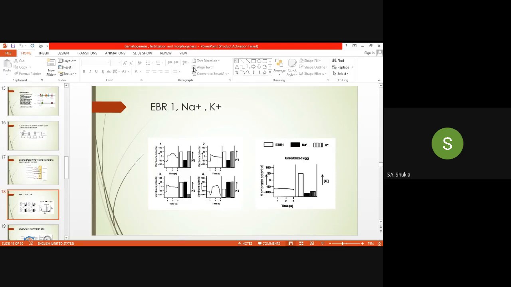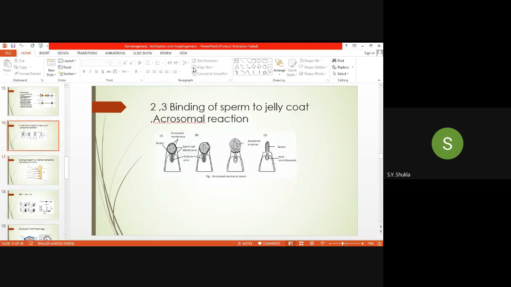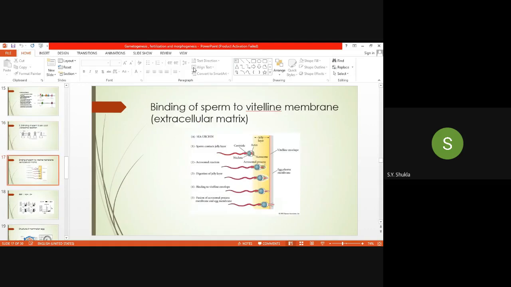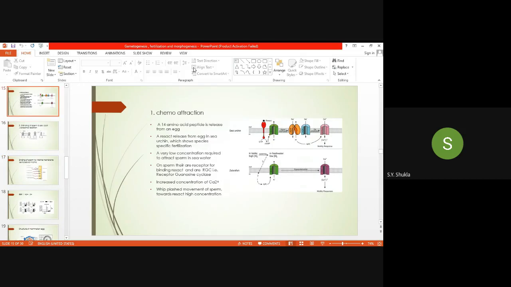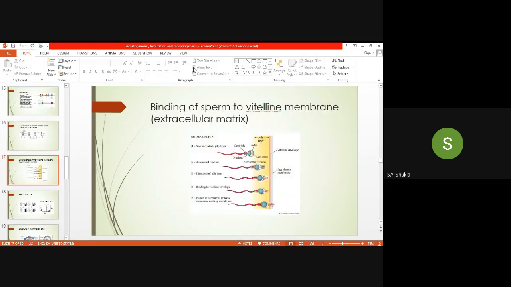In the last lecture, in external fertilization, we saw the key steps. There are three key steps. The first one is chemoattraction. In chemoattraction there is a calcium ion influx, and sodium ions also influx, and there is a change in the membrane potential. Then once the sperm binds, the sperm contacts